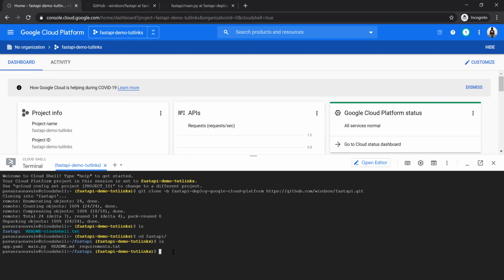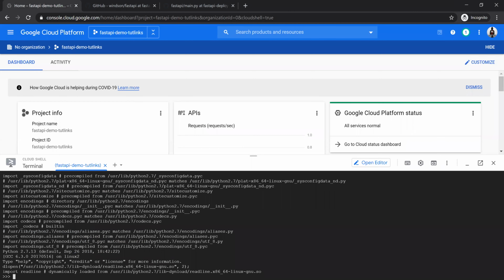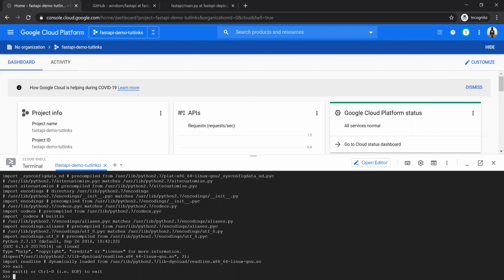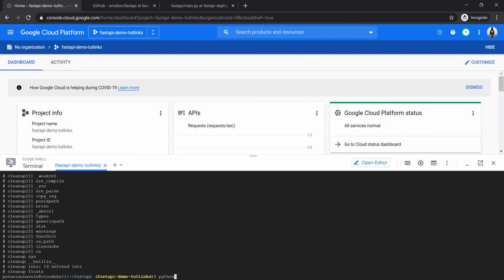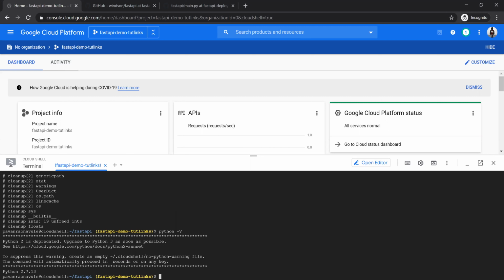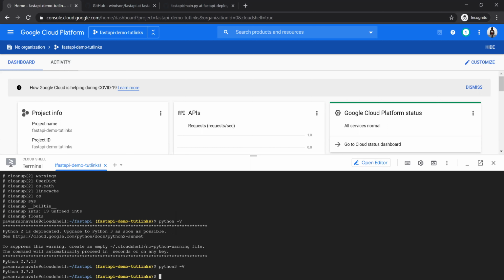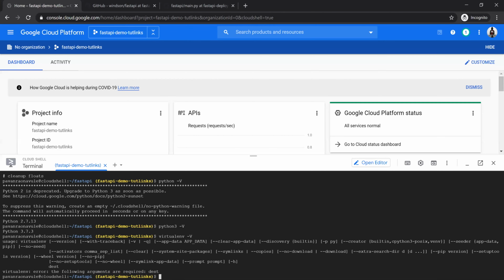So let's look at the version of Python that is available here on Cloud Shell. Python -V. So we have 2.7.3, but never mind. Okay, we have 3.7 available too. So let's look at whether virtualenv is available. So yes, we have virtual environment available,